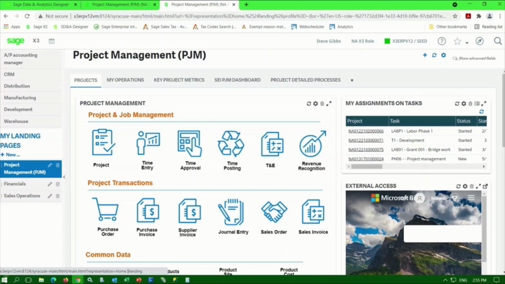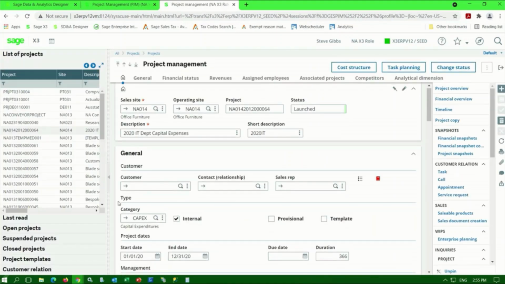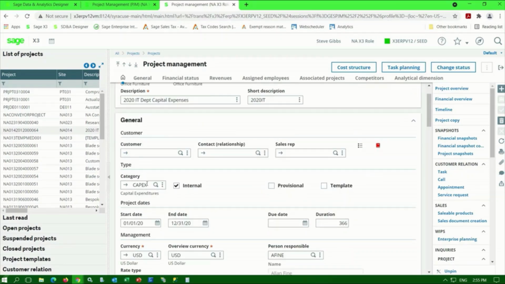Now let's take a look at a CapEx project for a department or cost center within a business. So here I've got a project for the IT department for 2020. I don't have a customer associated with this. This is an internal only project, and it's noted as internal through this checkbox here. I've got a category of CapEx,